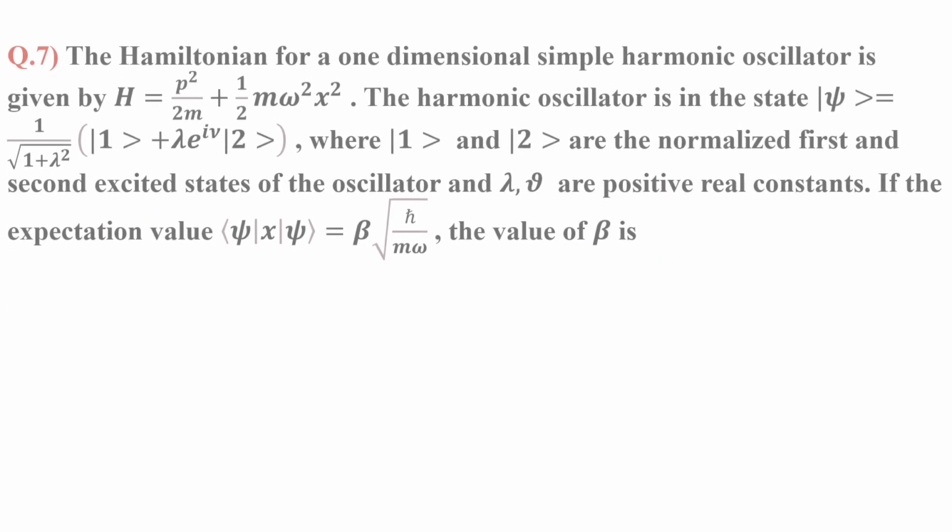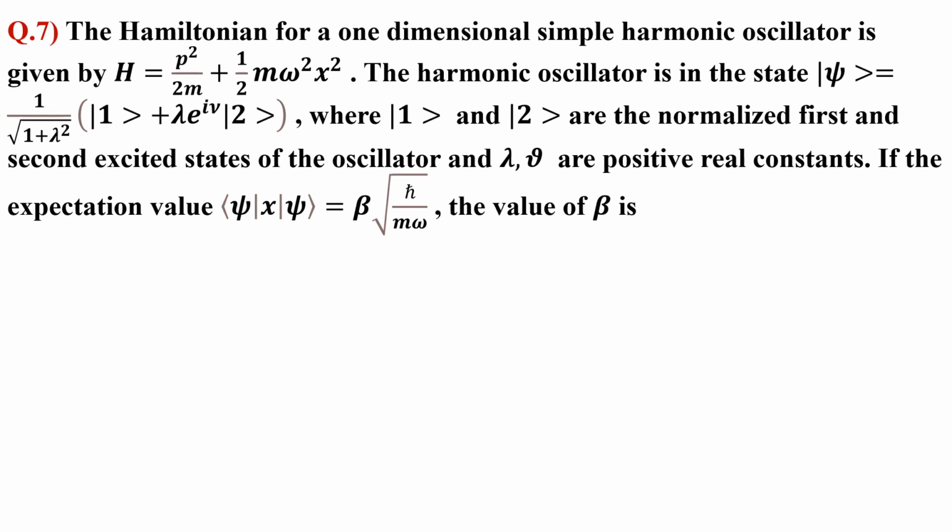Question 7. The Hamiltonian for a one-dimensional simple harmonic oscillator is given by H equals P squared upon 2m plus half m omega squared x squared. The harmonic oscillator is in the state psi ket equals 1 upon square root of 1 plus lambda squared, bracket ket 1 plus lambda exponential i nu ket 2,